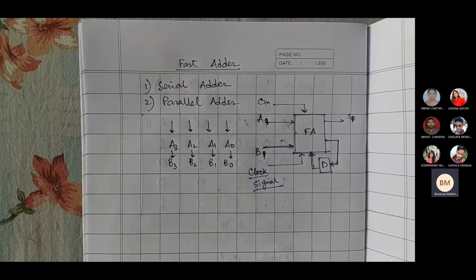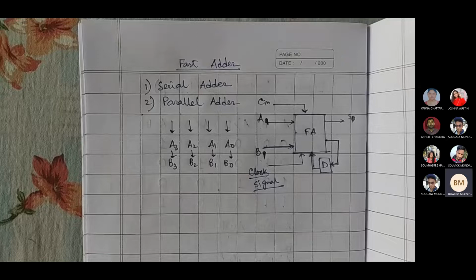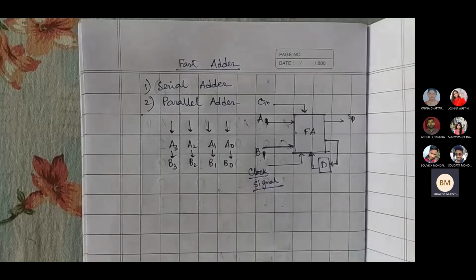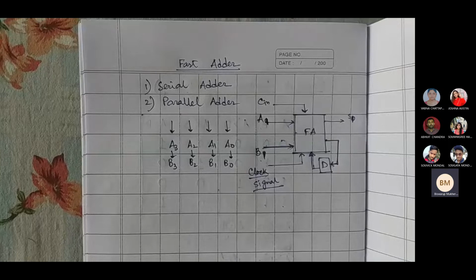Obviously, the advantage is that only one full adder is enough to get any bit output. But the outputs are time variant. Initially we'll get S0 only. Then at the next time instant we'll get S1, then at the next time instant S2, and so on. This clock signal is liable for maintaining the timing inside that circuit and making the operation serial.